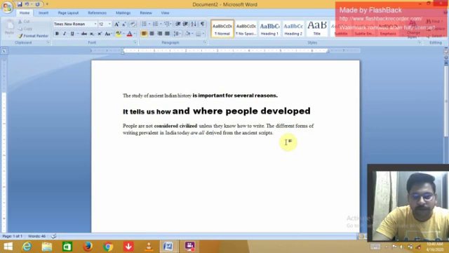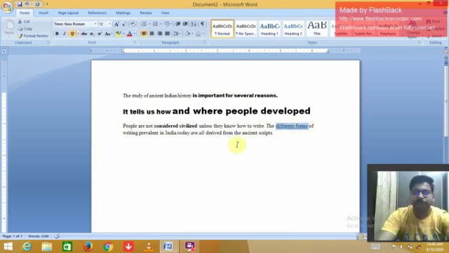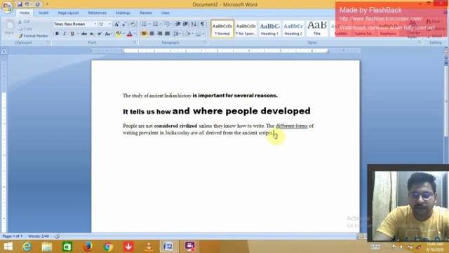If you want to make the text underline, I choose forms and different. Bring the cursor to the left side of the word, click, hold the left mouse button and drag from left to right. Then click on the underline button. You can see the text is underlined.